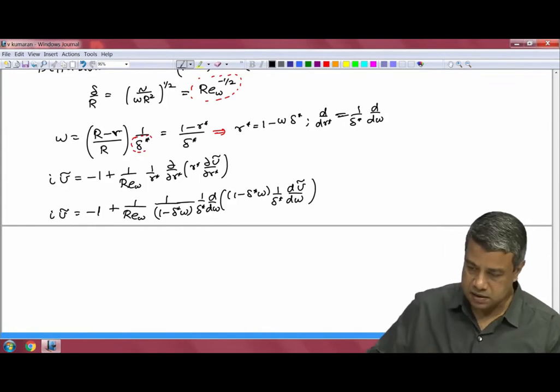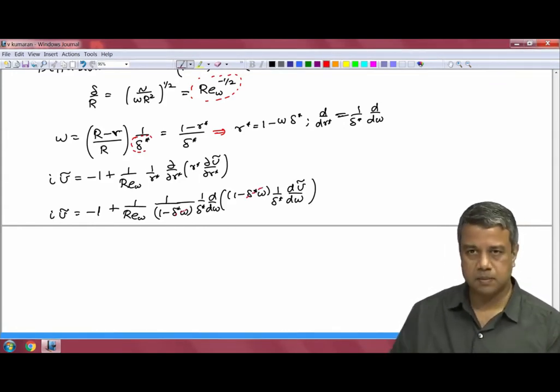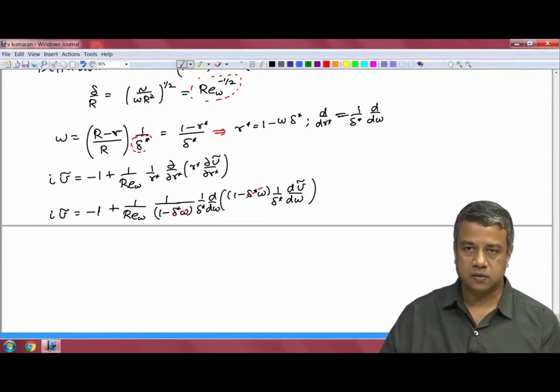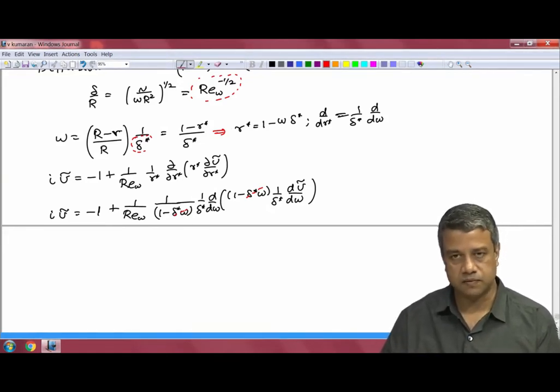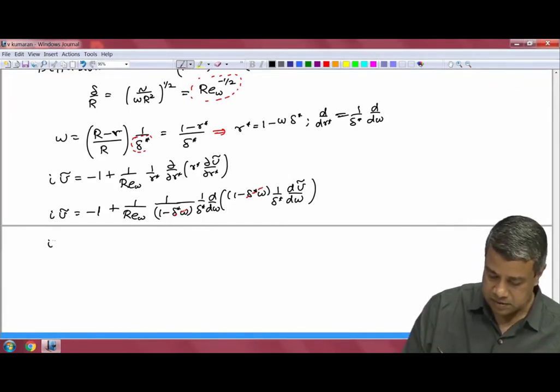Delta, as I said, is a small number, and therefore, I can neglect delta w in comparison to 1. Delta is a small number, w is order 1. Delta goes to 0 as the Reynolds number goes to infinity, while w continues to remain finite as the Reynolds number goes to infinity. So, this simplified equation is